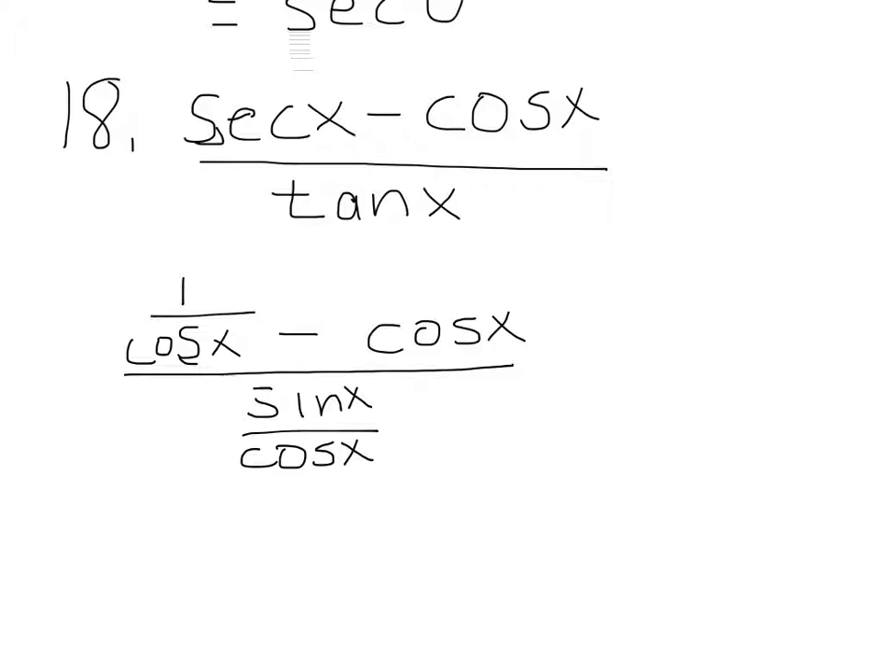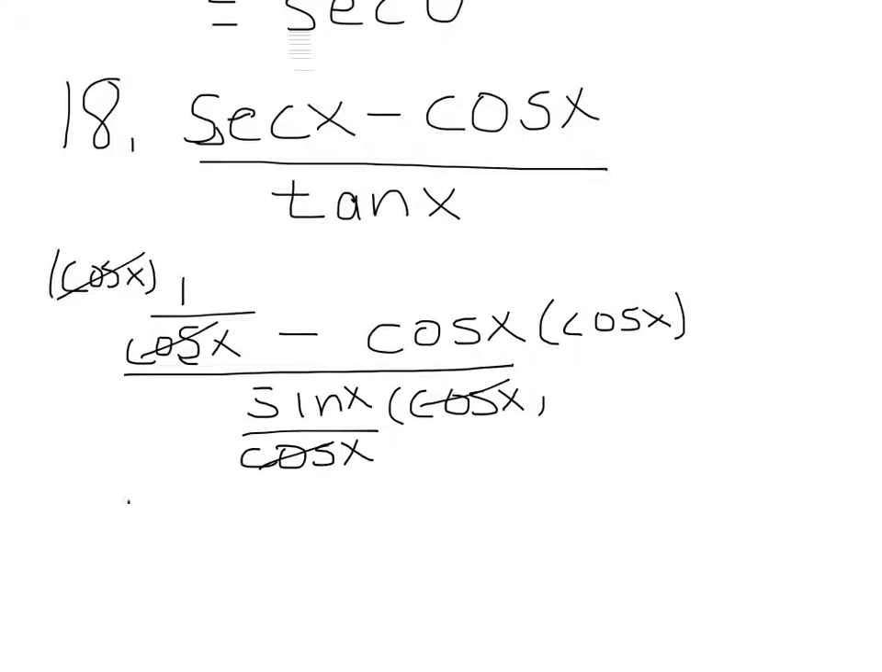cosine of x. Now, my favorite way to get rid of fractions is to multiply everybody by the least common denominator, in this case, cosine of x. So you get to be multiplied by cosine of x, and you get to be multiplied by cosine of x, and you get to be multiplied by cosine of x. And then we cancel stuff. Leaves me with 1 minus cosine squared of x divided by